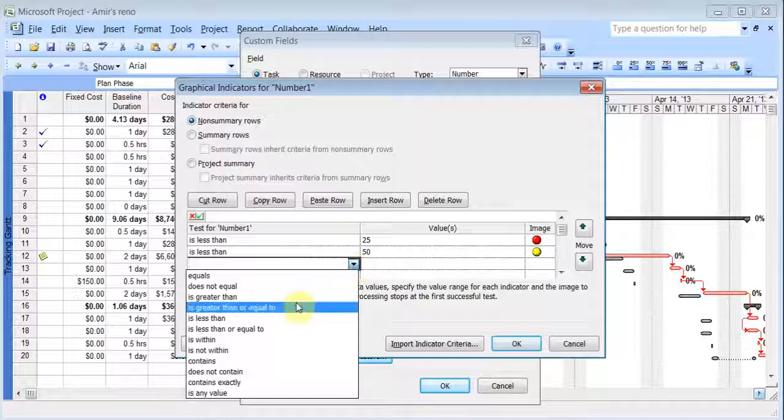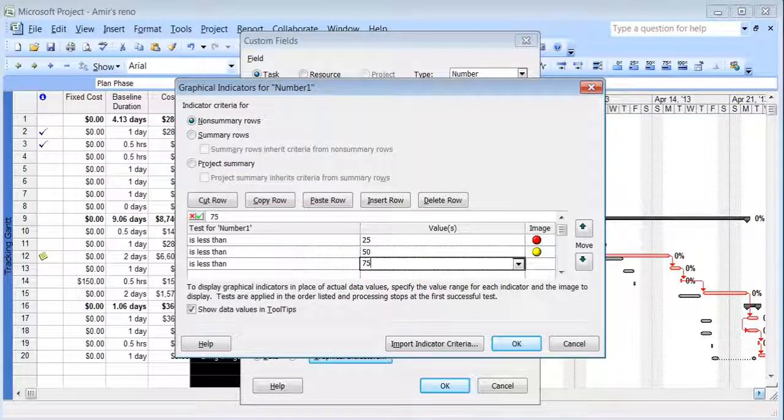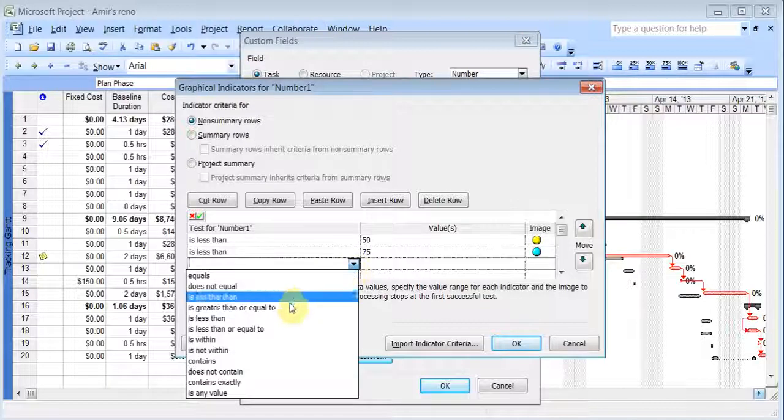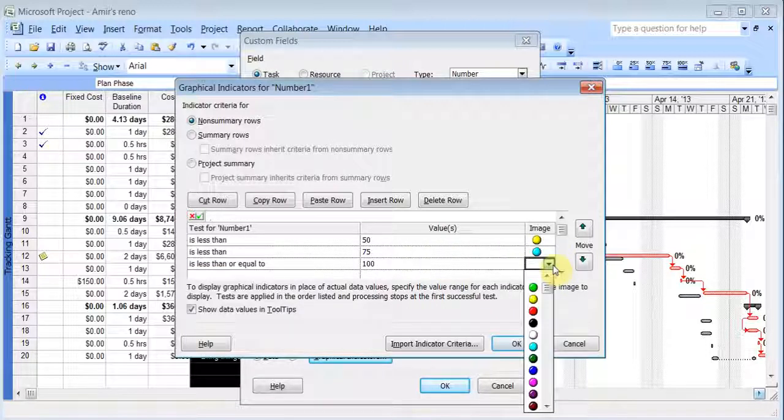If it is less than 75, I want it to be, say, this color. If it is less than or equal to, just to make it shorter, I could do one extra one off. There is a whole bunch of things here, so whatever you feel like you can use. So I'll use the flag,